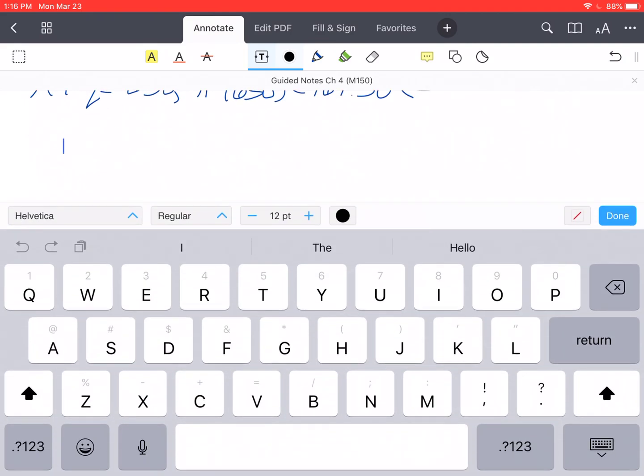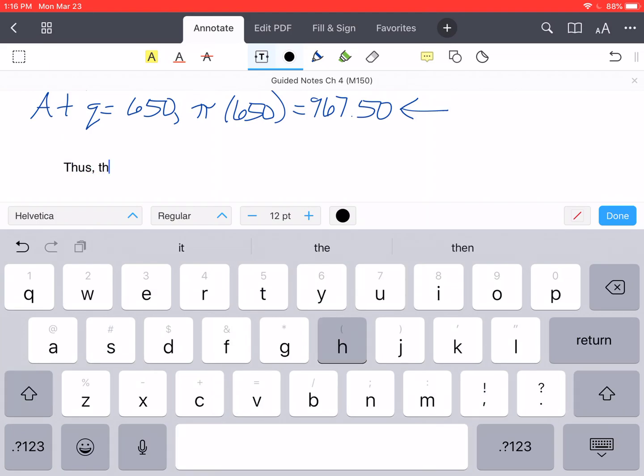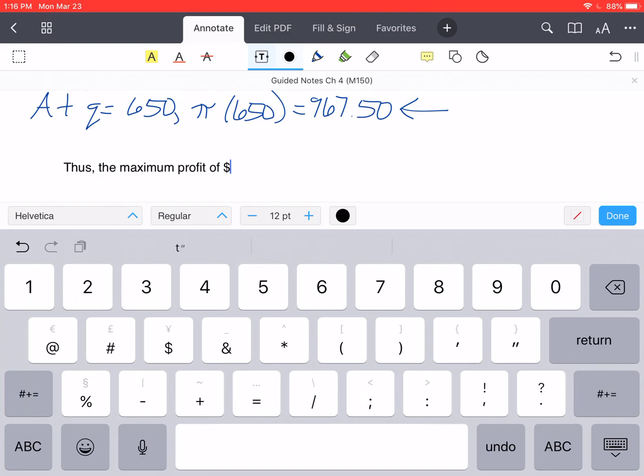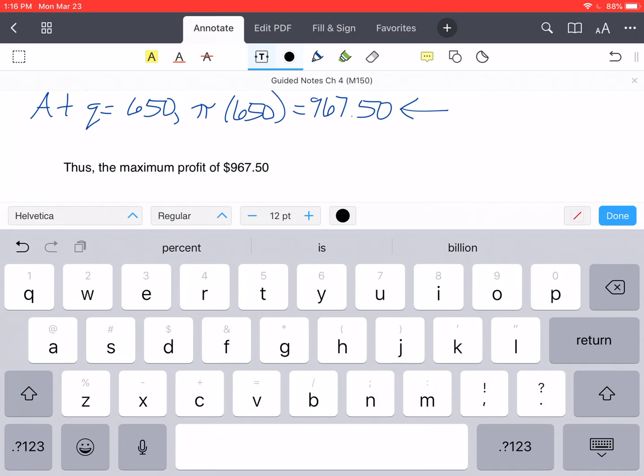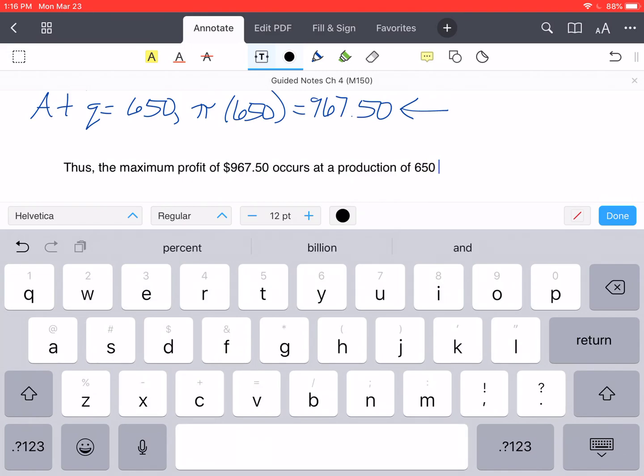So when it comes to making our conclusion, we can say thus the maximum profit of $967.50 occurs at a production of 650 units,